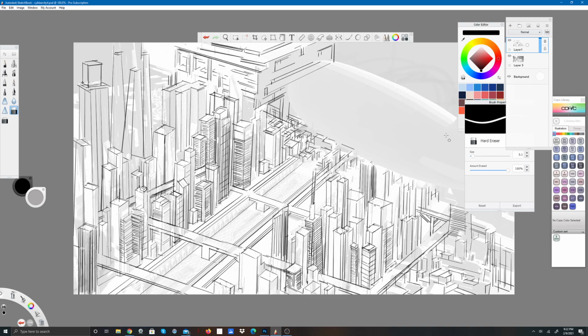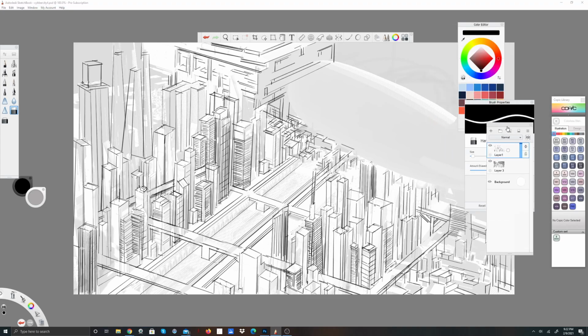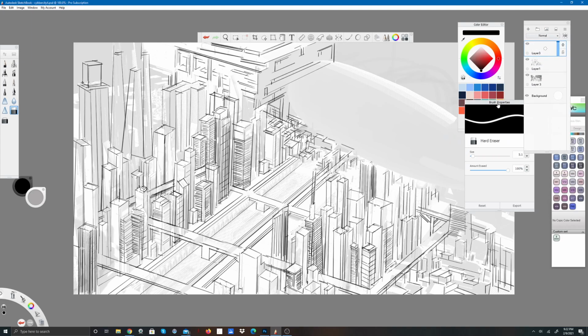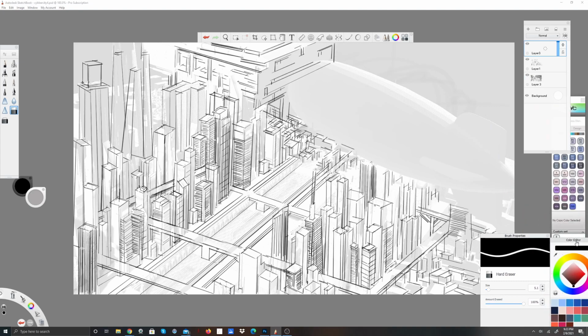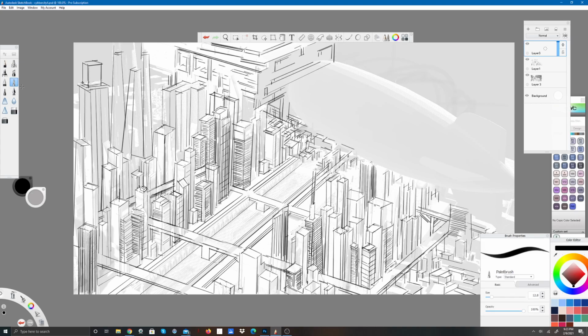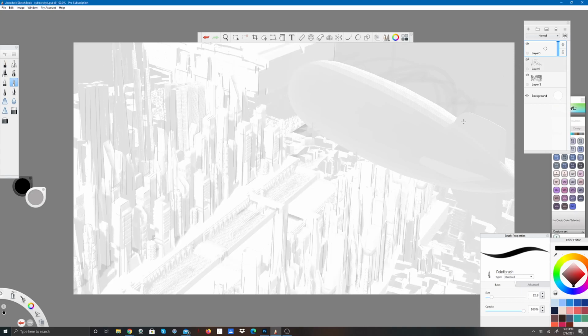Make another layer, put the airship in. So to do that I need to move my tools out of the way. I could probably do the whole thing, including the city texturing, in this program, and it really wouldn't be a big thing to do, but to make this just for a minute. But I think that